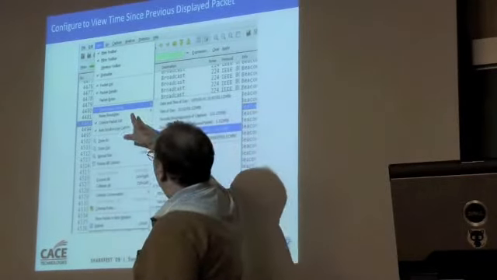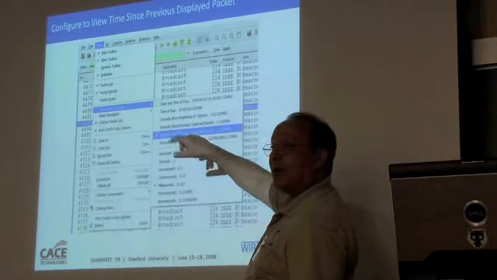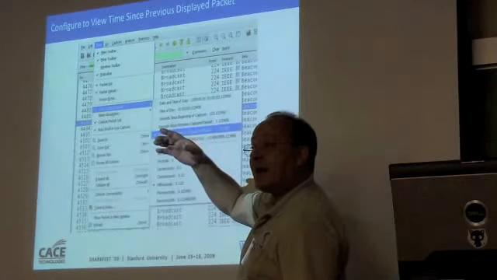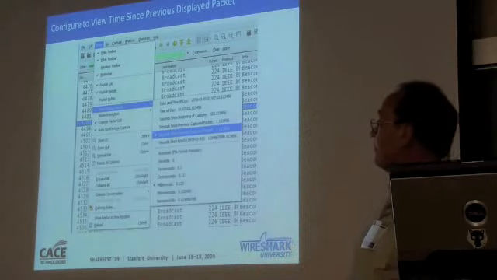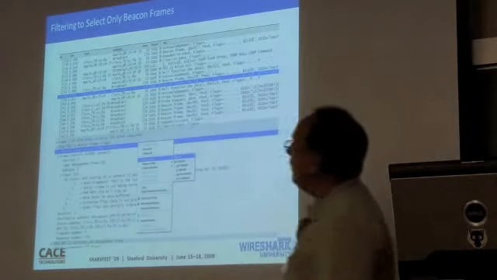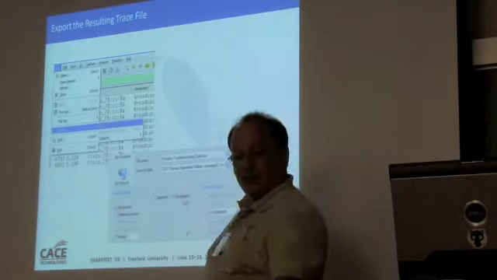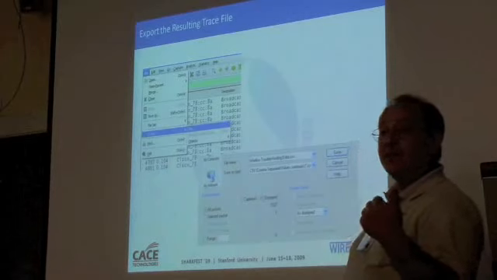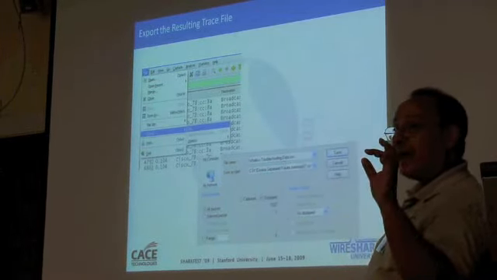When I do that, I want my time display to be seconds since the previous packet. I want to see my interframe spacing of beacon frames. Why? Because I know it's about 100 milliseconds from a given access point. Now, I'll show you a thing that I like to do. And I do this with TCP also, same thing. Filter on TCP on a connection and export and look at delta times. Look at the time between packets.